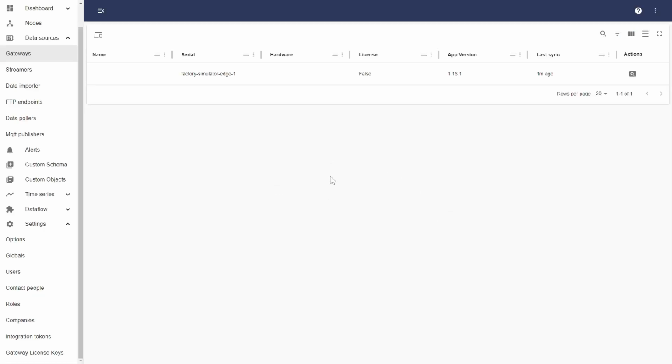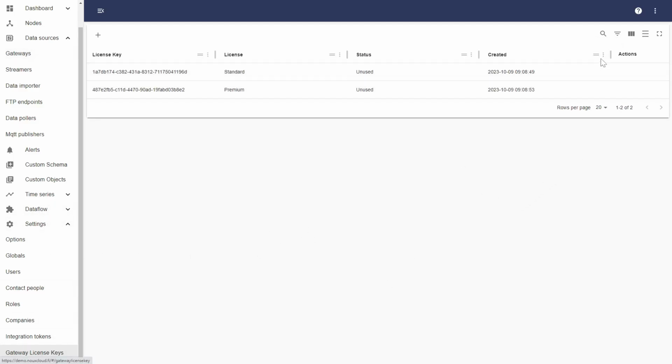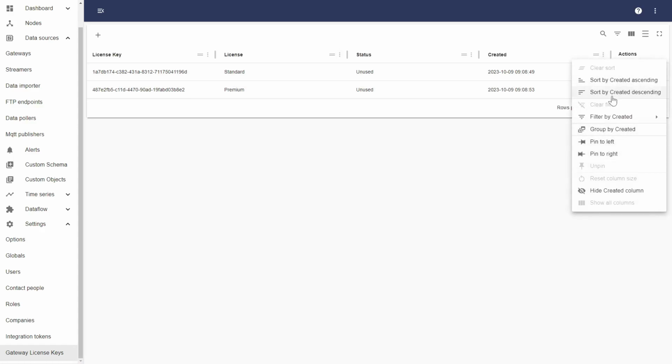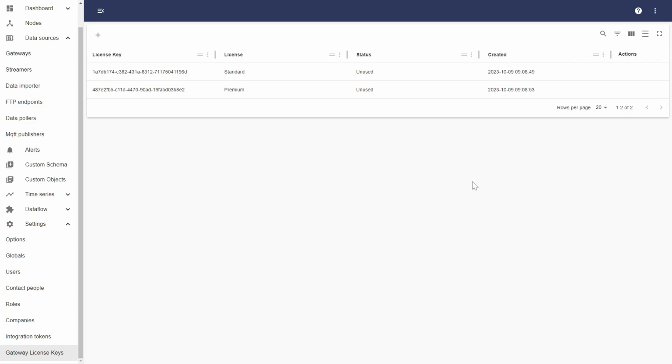You can actually already see what this means, that when we have certain table views here, they are a bit more enhanced or more sophisticated version now. For example, let's go back to the gateway license keys. You can see that almost everywhere where we have tables, we have this new table view, and you can see here that the sorting and filtering methods are way more advanced than previously, and this